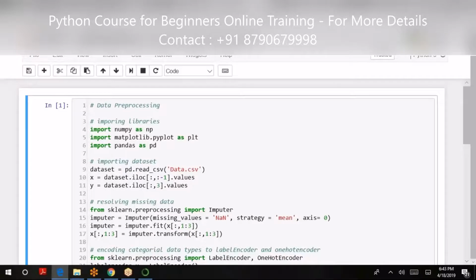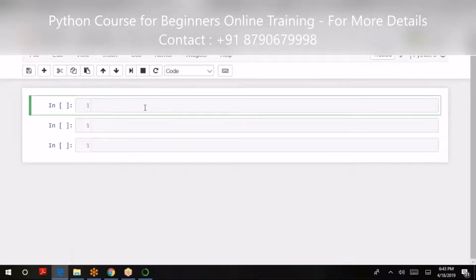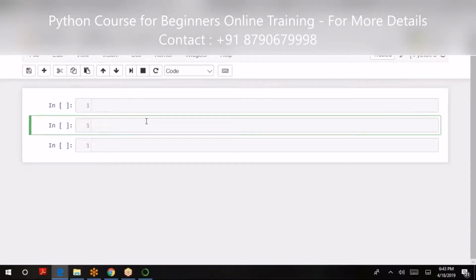Jupyter gives us a debugging facility. You can select the code and run it, whereas in the Python editor you have to run it thoroughly. Second, people feel the Jupyter GUI is a bit fancy, with a lot of options. And you can apply breakpoints and interrupts. But as such, there is no issue with going for Python IDLE.